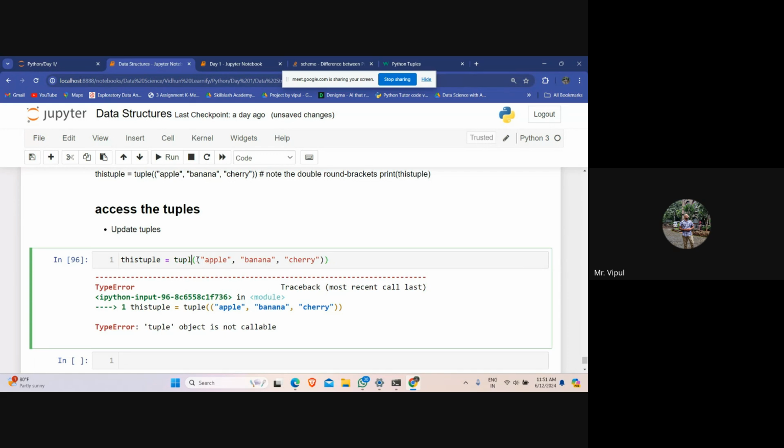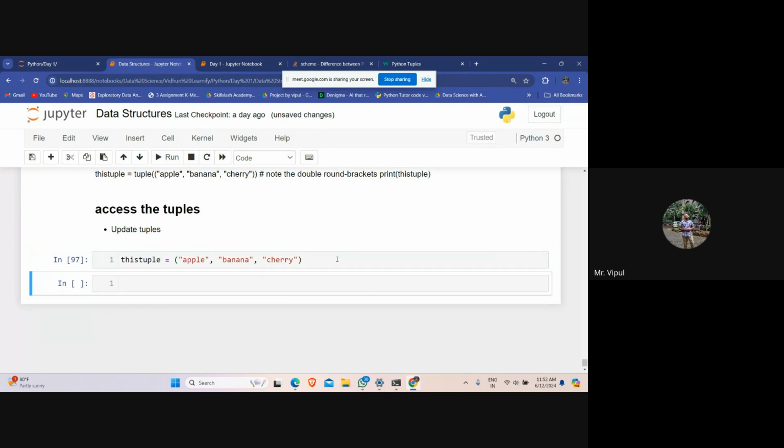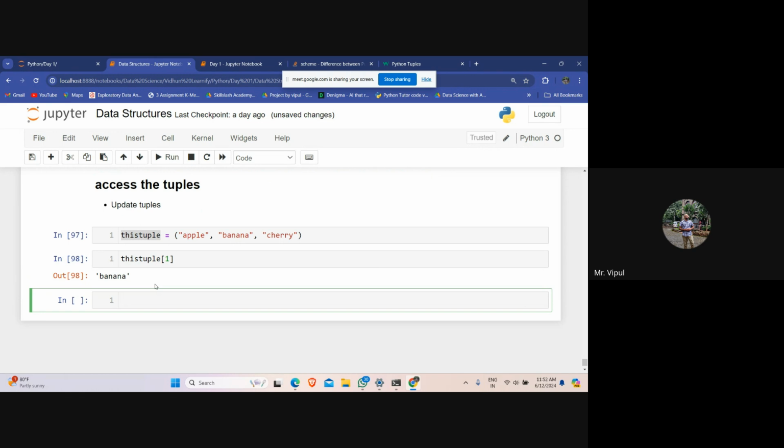Now, if I write this tuple and square bracket 1, I'll be getting the element which has index number 1.